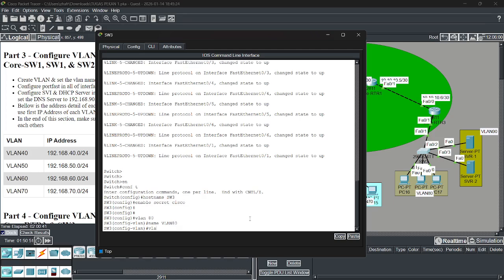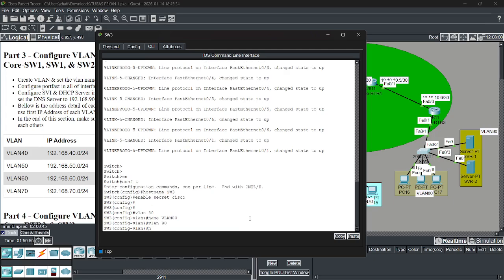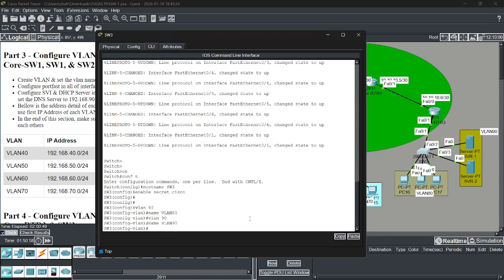And then VLAN 90. Okay, after that we add the VLAN first.